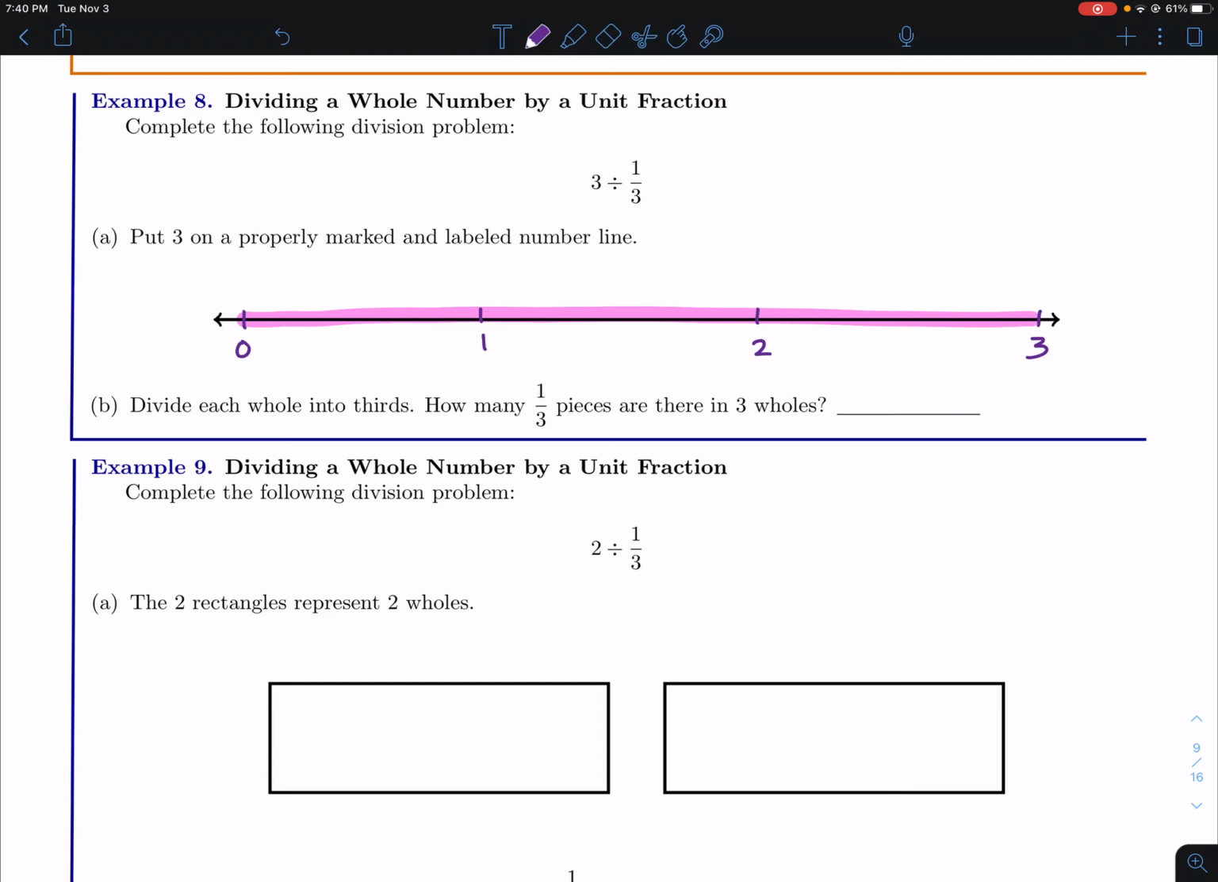And so now what we want to do is divide each whole into thirds. And then what we're asking in this case, even though it's a division problem, is how many 1/3 chunks does it take to fill up between 0 and 3. So that's really the question we want to ask ourselves when we're doing this. So again, what we want to do is divide this guy up into thirds,